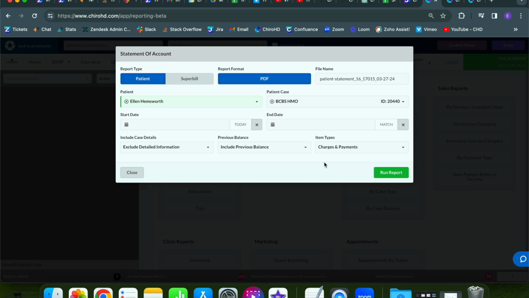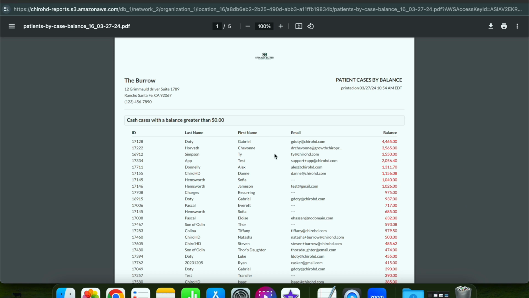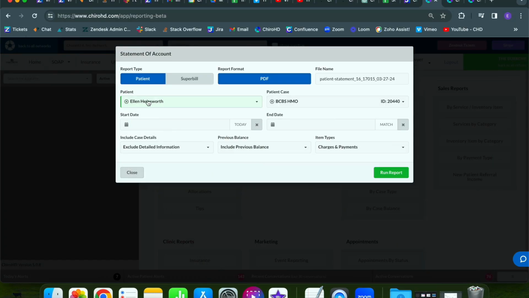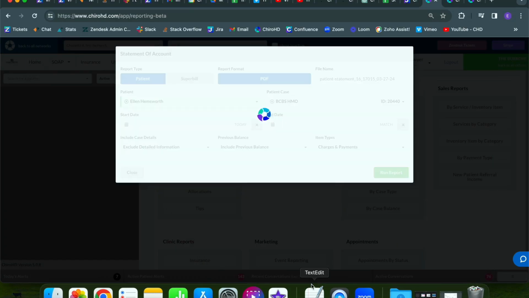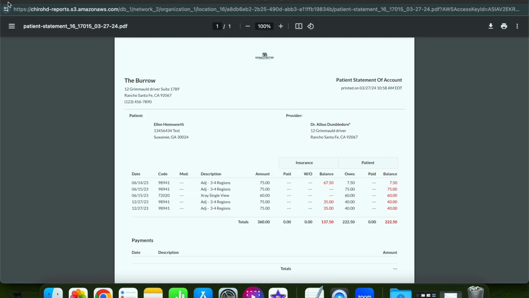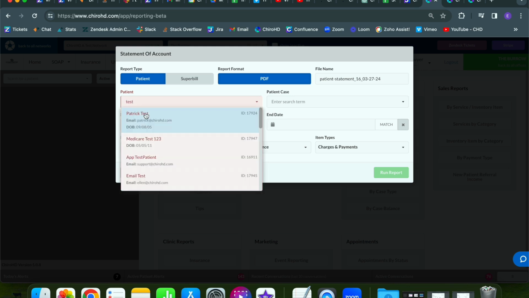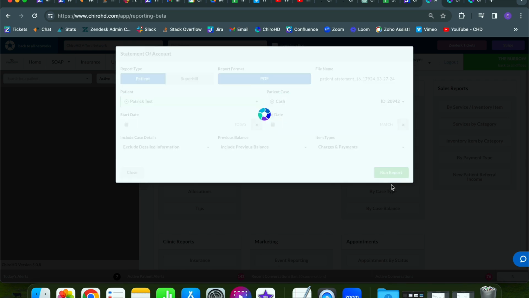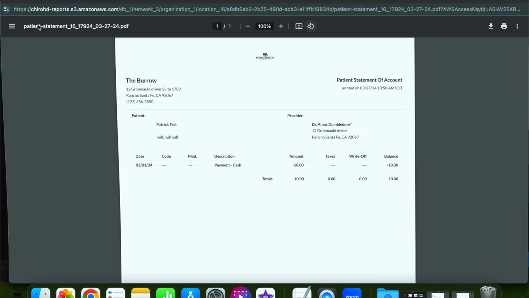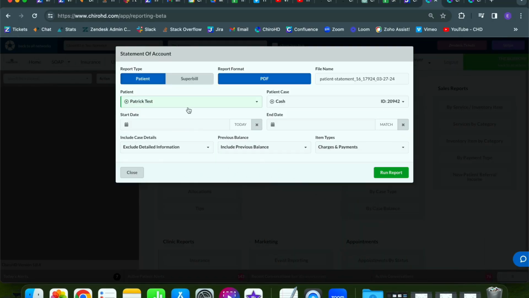Now, here's why I suggest using this statement option in conjunction with my case balance report. Because what I can do is pull up my report, see the first patient, type in their name, run the report, and then I can print the statement of account. Then I would just simply go back to this screen, type in the next patient's name, run the report, print the statement, then refer back to my list again, find the next patient, type in their name,